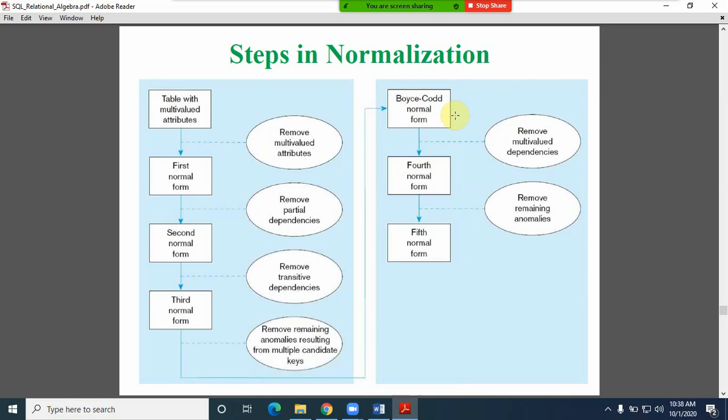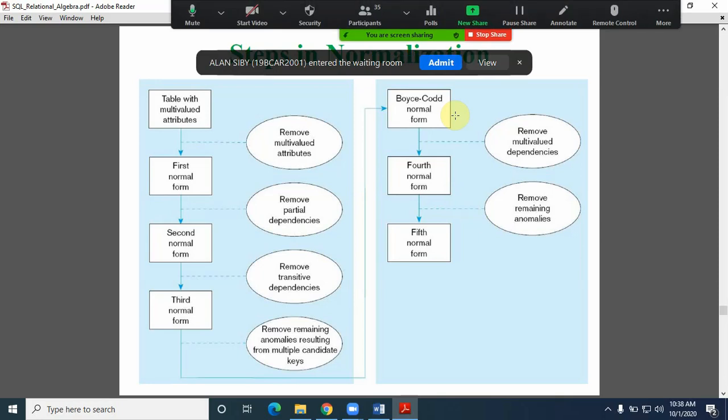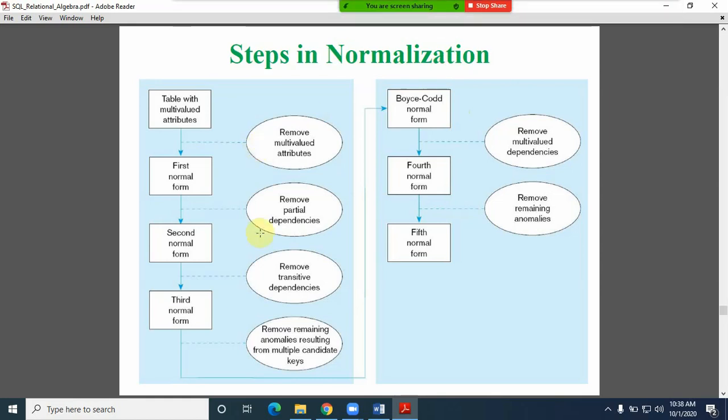Once the table is in the first normal form, there is one standard rule, friends: if any table is to be in the nth normal form, first it has to satisfy the (n minus 1)th normal form. For example, if any table is to be in third normal form, first it should complete the first normal form, and similarly the second normal form. So before achieving the second normal form for a particular table, the table must satisfy the first normal form, 1NF, and then only it becomes the second normal form.